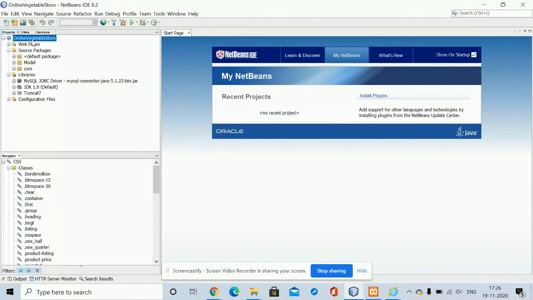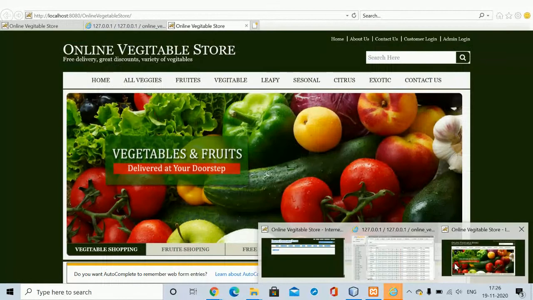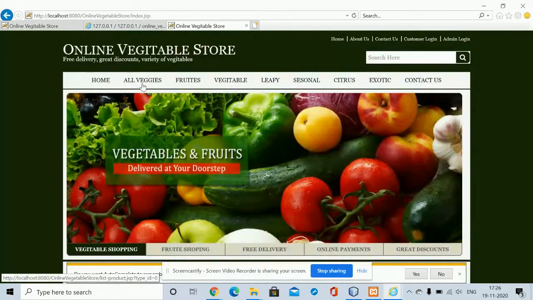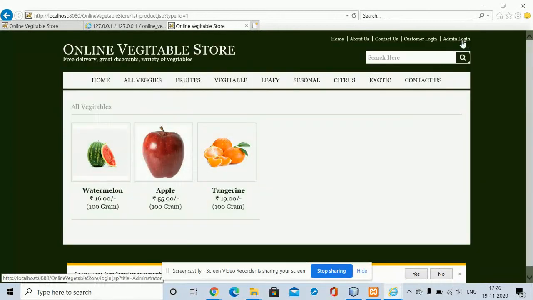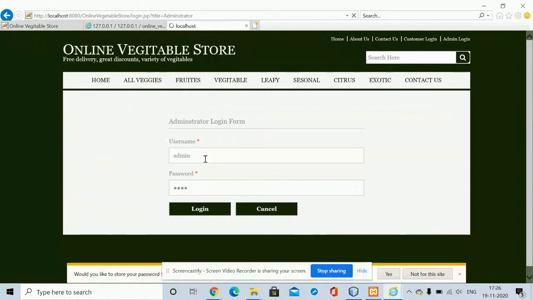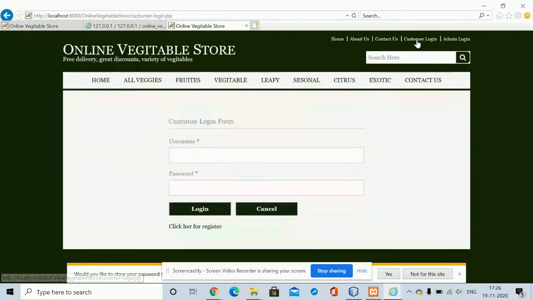Now click on the run button. Once you click on the run button, check whether the data is coming or not here, right? So you can see data is coming here, right? You can see all of the data is coming. You can log in here, right? You can log in as admin and the attached customer. So login is working, the customer login, everything will work, right?